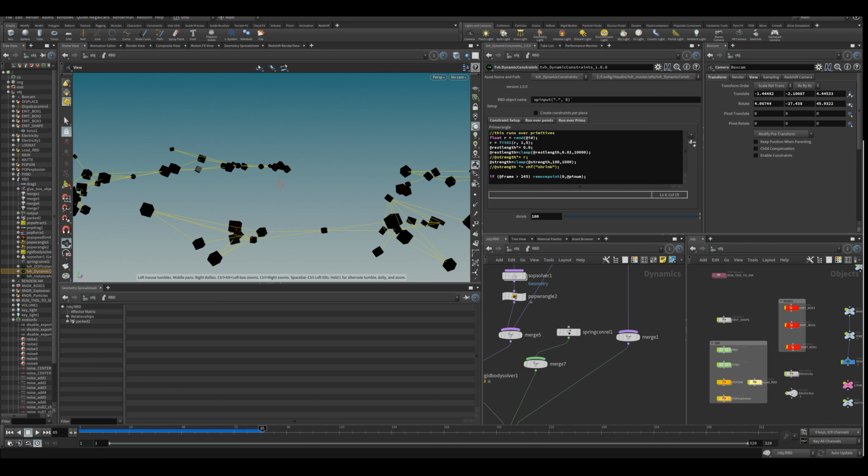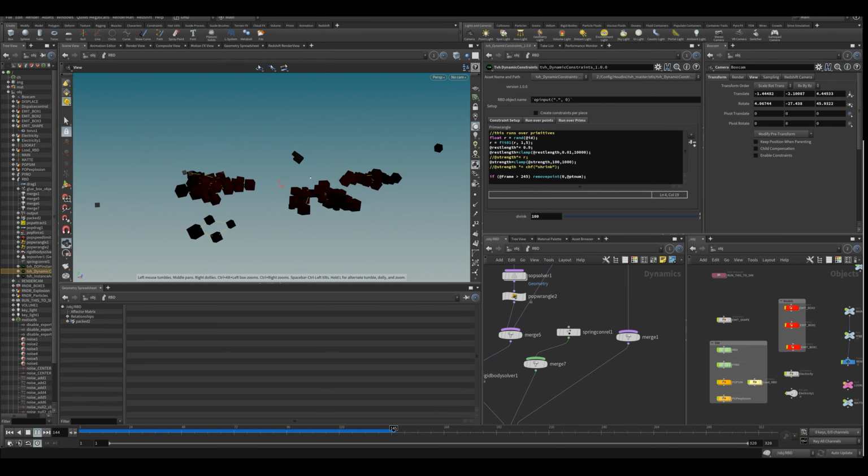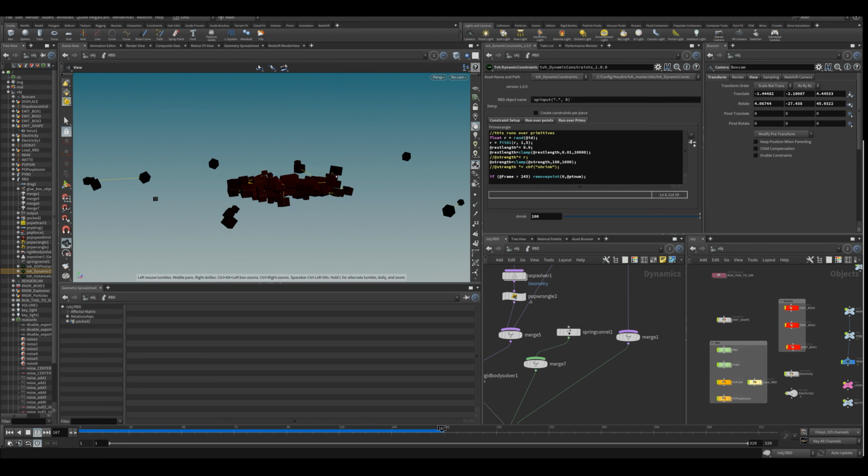And then I have another wrangle here. If it's above frame 245, the constraints will be removed, and that's because if we keep playing, they explode outwards at the end. So let's keep playing,